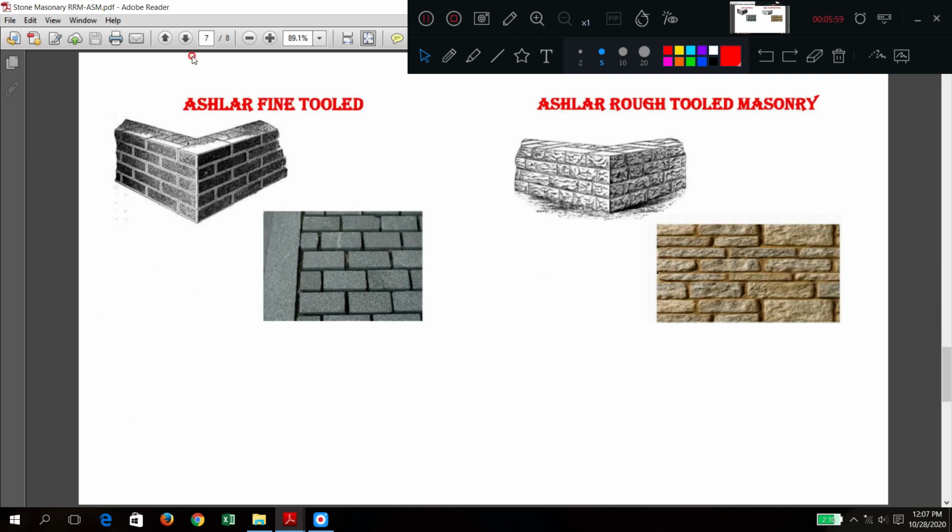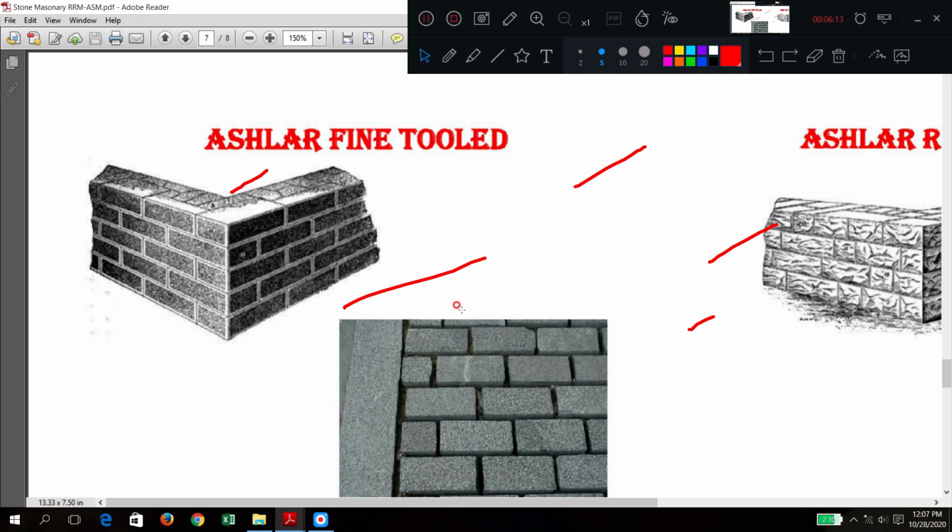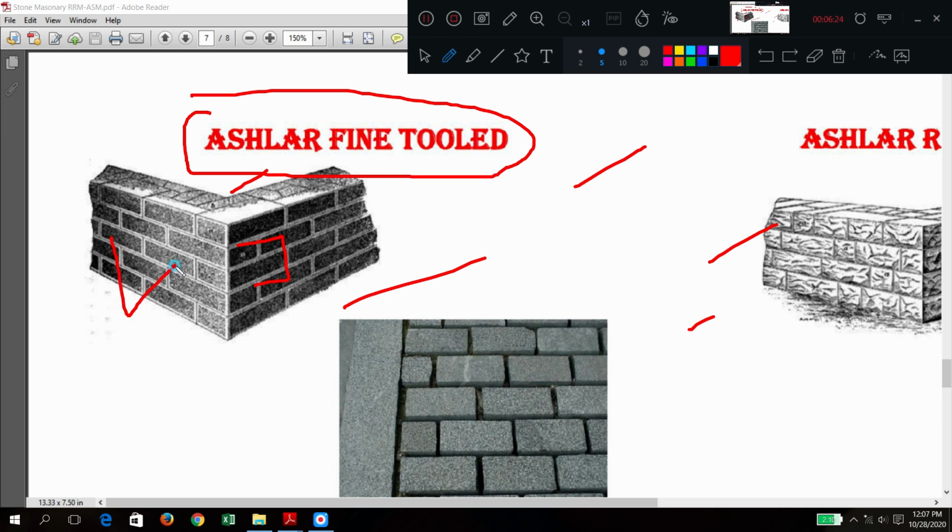Now what I told, ashlar masonry is very, very fine. Can you see this in this picture? Ashlar appearance is very fine, with a very smooth finish. You can get exact stones, exact size and shape. Again in that more types are there, but to make you comfortable with the word ashlar, you are getting more smoothness and exact finishing. Refinement is more.